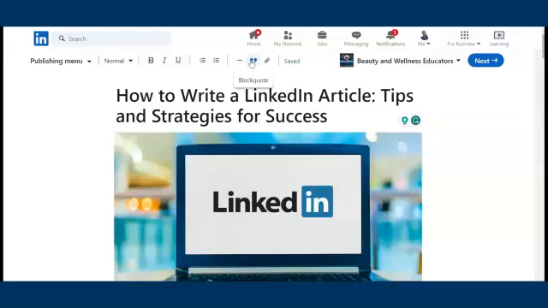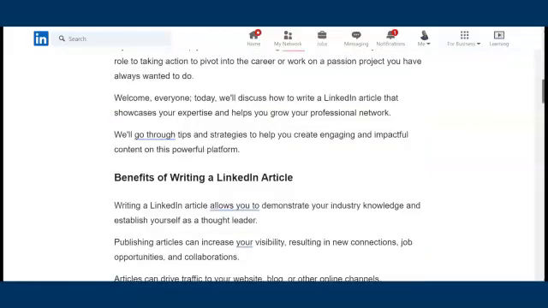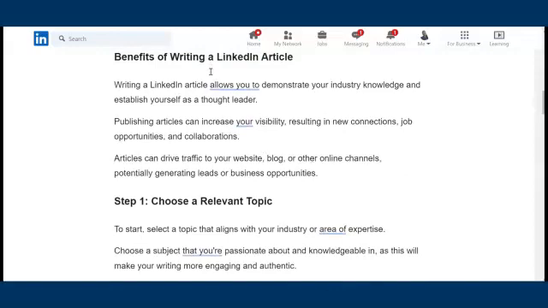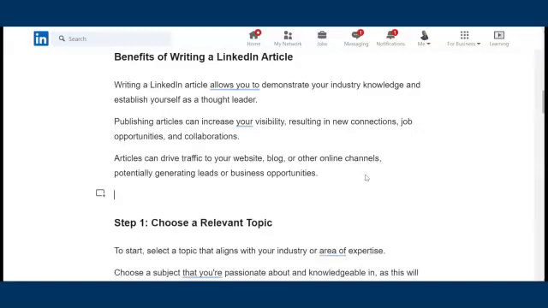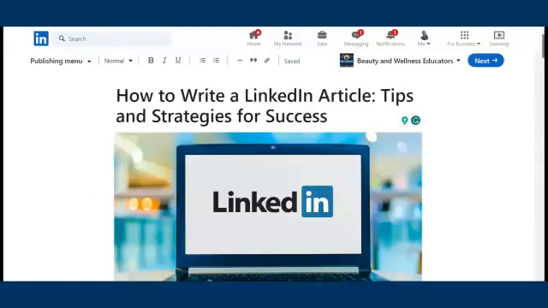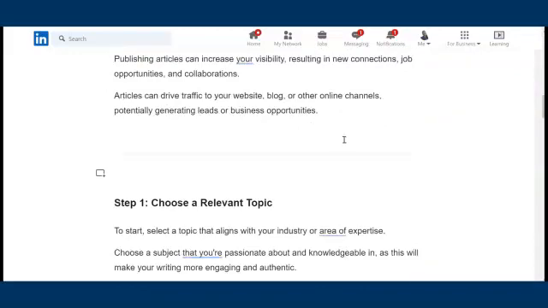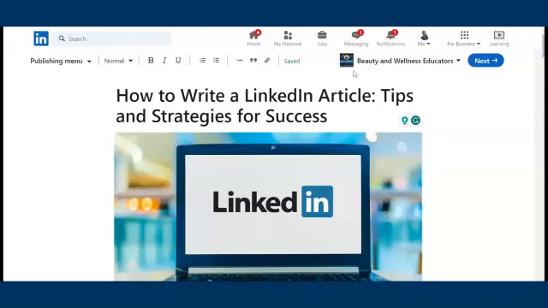But just to show you other things you can do on here, you can also add quotes. If there are any really thought-provoking quotes that support this article, you can add them in. And you can also add in dividers. So let's say, for example, I was talking about two different topics and I wanted to divide it up. Let's say I want to add a divider just before the steps. I'll click here, click enter, then scroll up, click the divider, and it should enter it in the area I was just in. So just before the steps, you can see now where this divider is. You can do that as well.